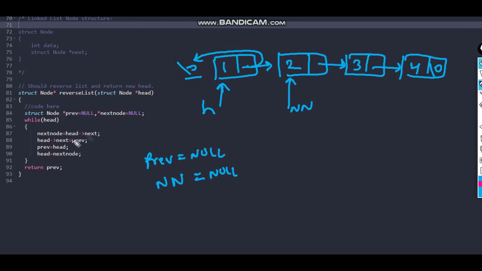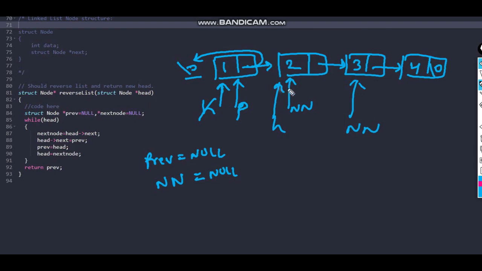Now previous will point to head, so this is previous now, let me write p, previous, and head will point to next node now. Now head will be here, pointing to next node, right? Again while head, yes we have head, next node will point to head's next, so next node will be here now.